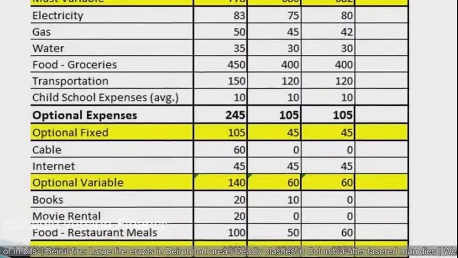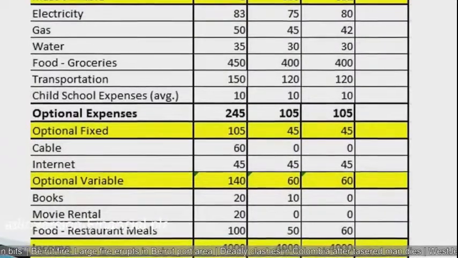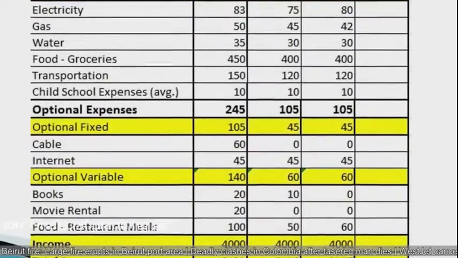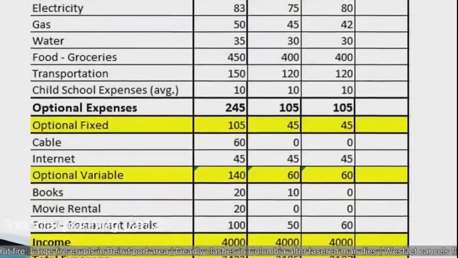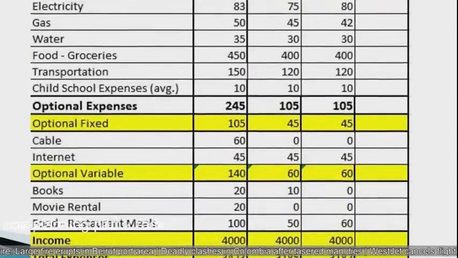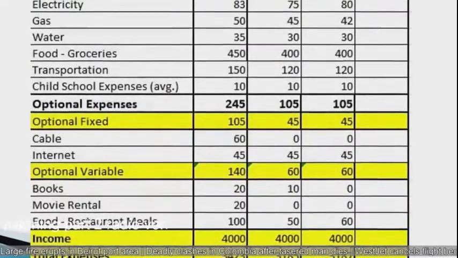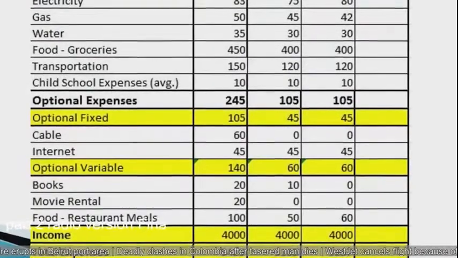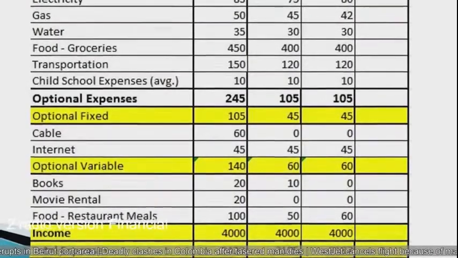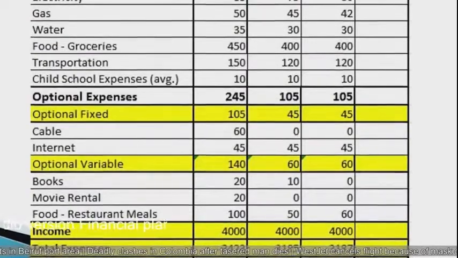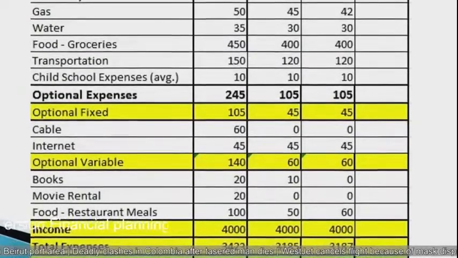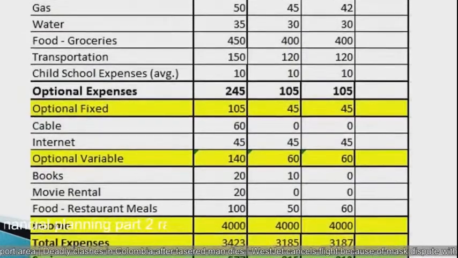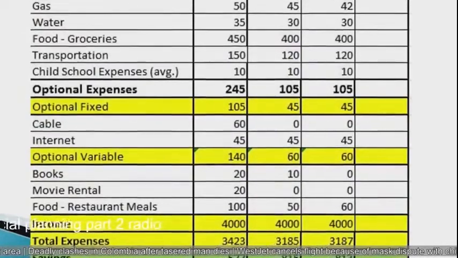The optional variable expenses, though, they spent $140. $20 for books, $20 on movie rentals, and food, restaurant meals, they spent $100. So their total income for the month was $4,000. Their total expenses, $3,423, which left them with a savings of